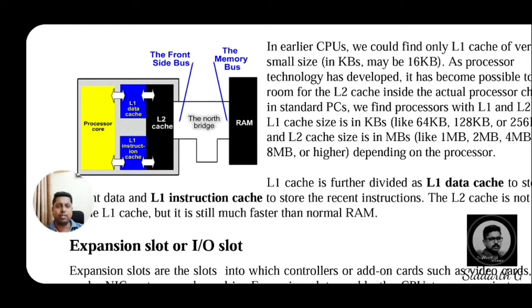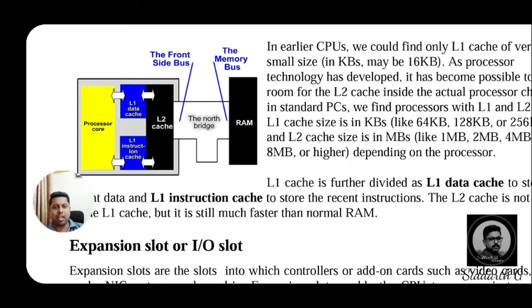Dear students, it has 3 types of levels, L1, L2 and L3 also. But remember, L3 is a level that is not visible, it is an invisible type of cache. But L1 and L2 have different capacities to store the data.